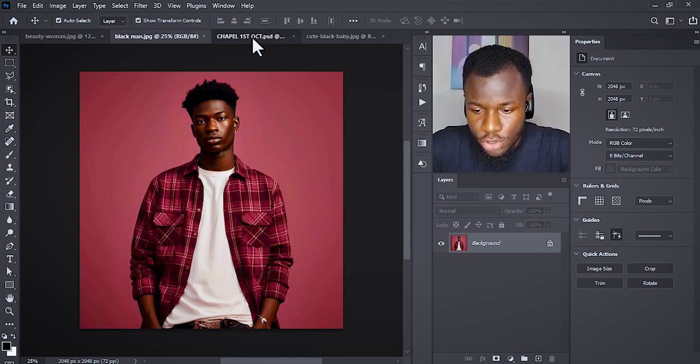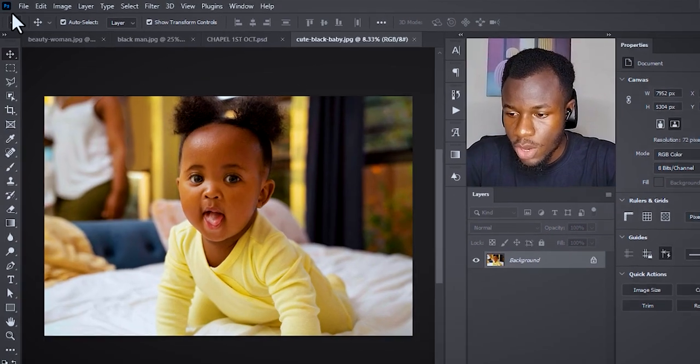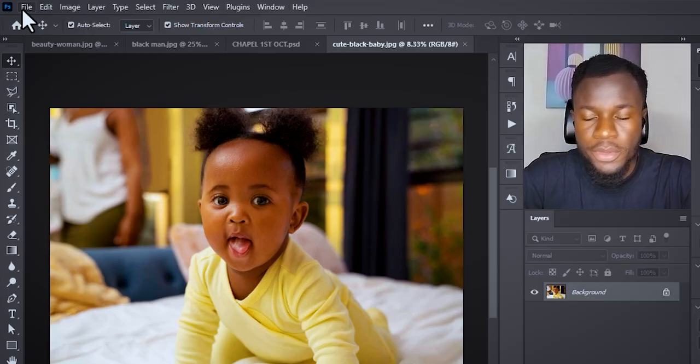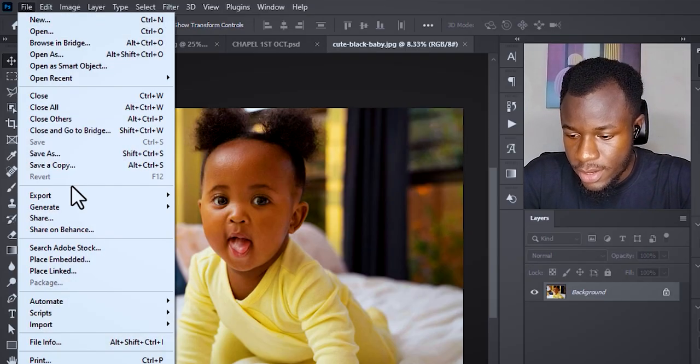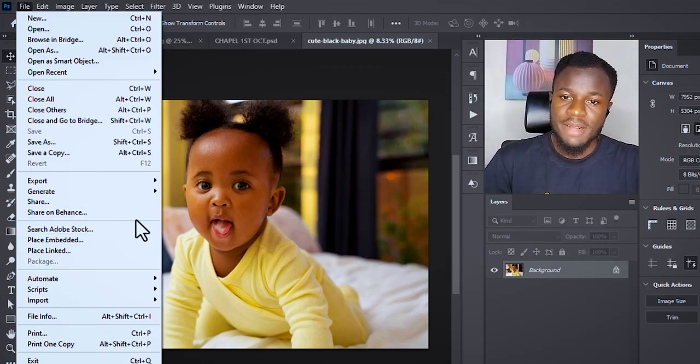Now you can see that I have these multiple images open here. So the first thing we are going to do is to head over to our file. Just come up here and click on file, then come down to